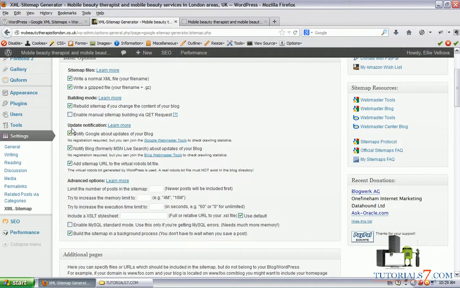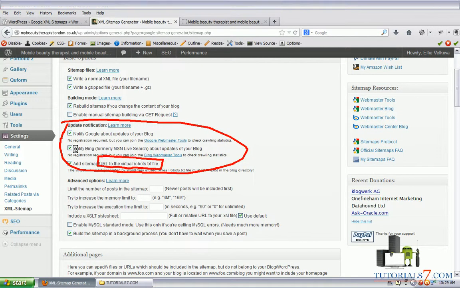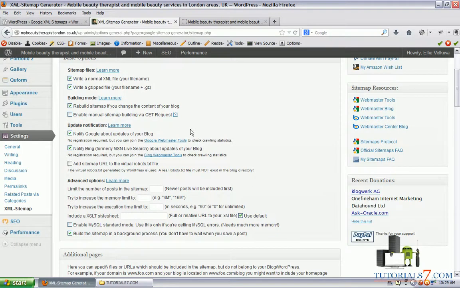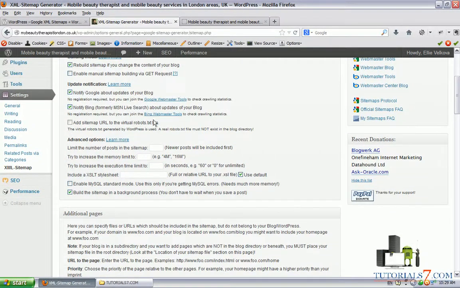And also we have the options to notify Google and Bing of any updates to your website, which is a very nice option. We can add the sitemap URL to the robots.txt file. Basically, we can do this manually, but I will leave it as it is.